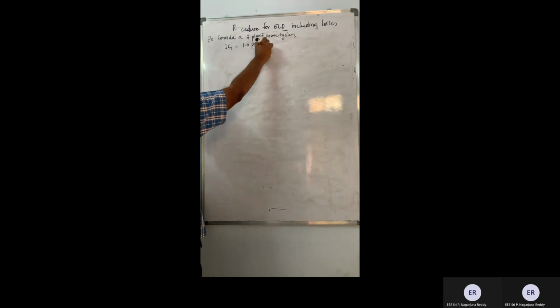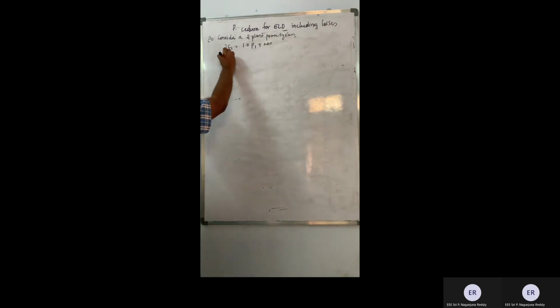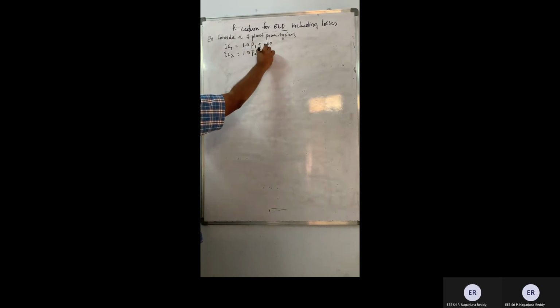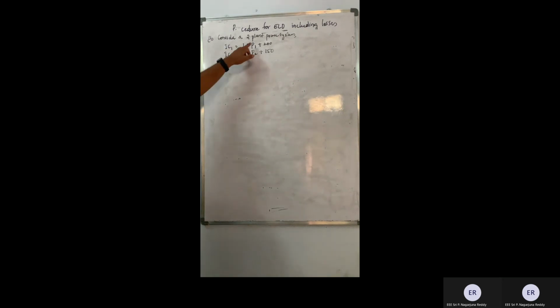I'll consider a two-plant power system where IC1 is equal to 1.0 P1 plus 200, and IC2 is equal to 1.0 P2 plus 150. So this is A1, this is B1, this is A2, and this is B2. So these are the incremental costs. And the loss coefficient matrix,